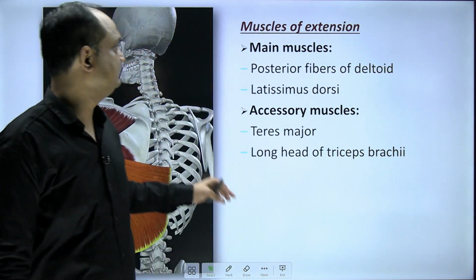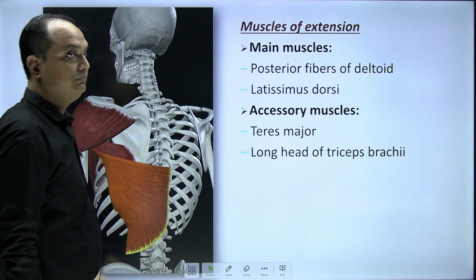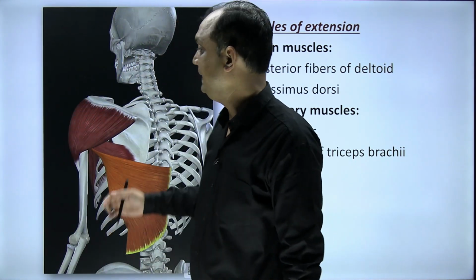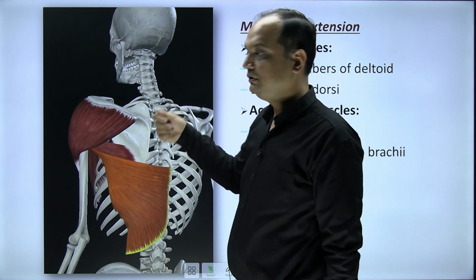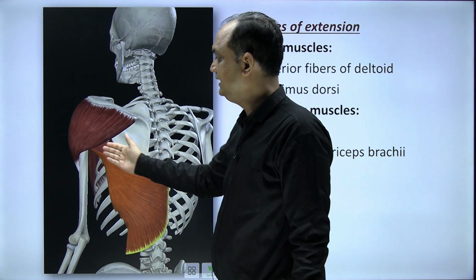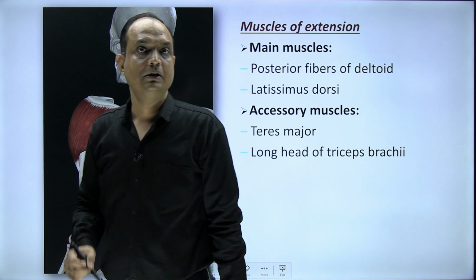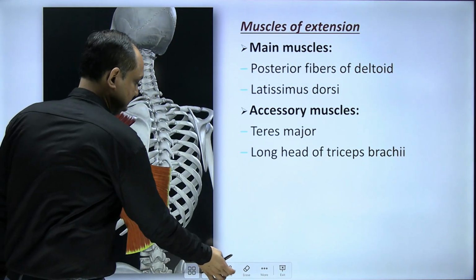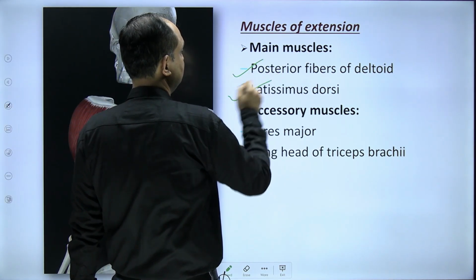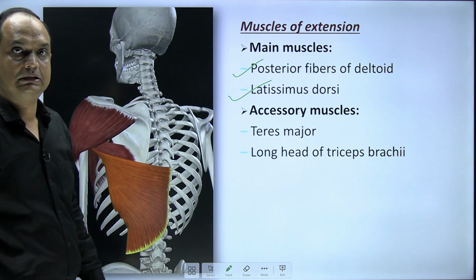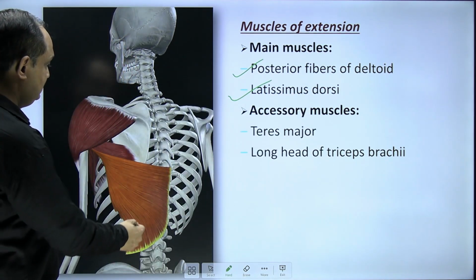Now, which muscle causes extension? For the extension, you have muscles on the posterior side or the back so that these muscles can pull the humerus posteriorly. So the muscle should have its origin from the posterior side and they should go to the posterior aspect of your humerus. For example, here you can see the muscles which are more important, and those are the posterior fibers of the deltoid and latissimus dorsi. Now, if you see the latissimus dorsi, it's a very broad muscle,